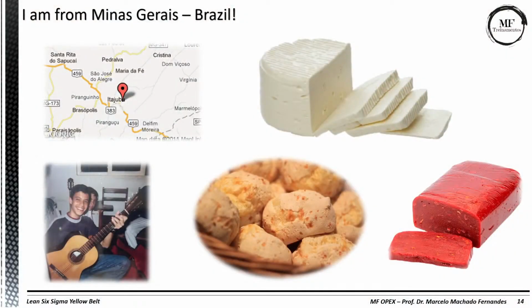I come from a family of musicians. My father is a maestro, my mother is a piano teacher, and we have this amazing food in our city, in Itajubá, in our state, Minas Gerais, and in fact in our country, yeah, and all sorts of sweets. And why am I saying that? Because I don't know how much you know about the Brazilian history.